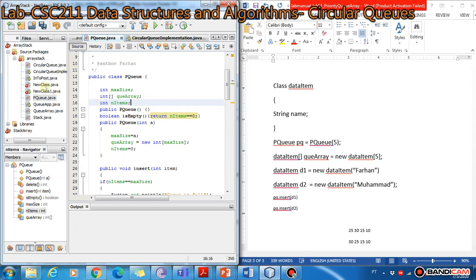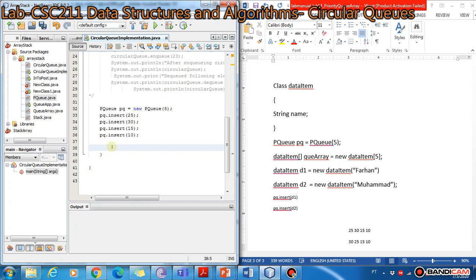Now we use this isEmpty method: while not pq dot isEmpty,